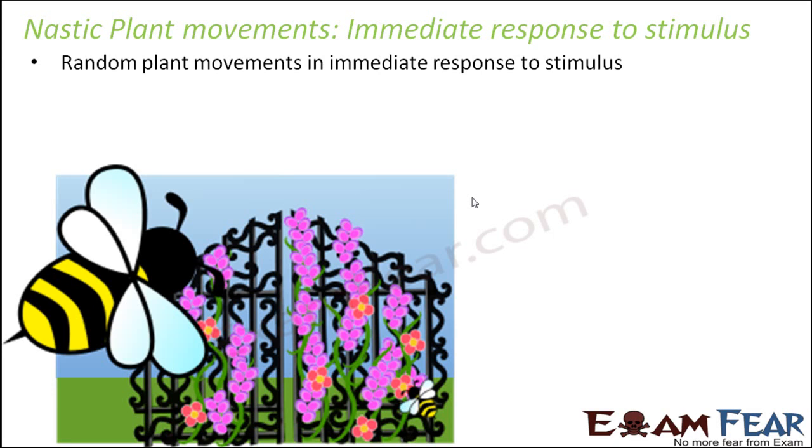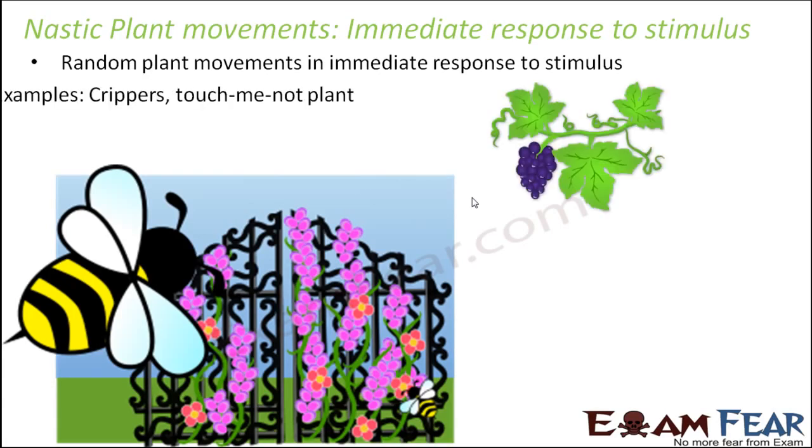What kind of random movements? Now the movements which we talked about till now, like phototropism, geotropism, hydrotropism or chemotropism, they are not random movements. They are like movement in a particular direction and they are gradual movements. Now there are certain movements which are quite random. For example, the creepers, touch me not plant, so they also show some movements, but that is an immediate response